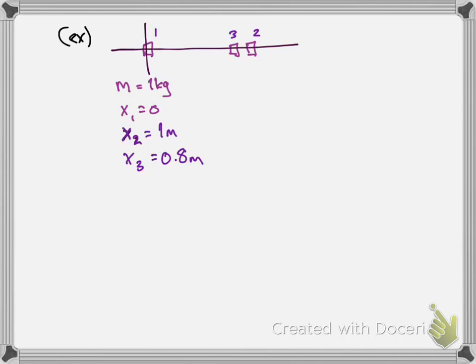What if we now add the third mass? So all 3 masses are 1 kilogram, so m1 equals m2 equals m3 equals 1 kilogram. I'll use the same coordinate axis. Again, it doesn't matter where your coordinate axis is. This is always going to work. And in this case, x1 is 0, x2 is 1 meter, just like before, and I'll add x3 at 0.8 meters. It still has a mass of 1 kilogram,